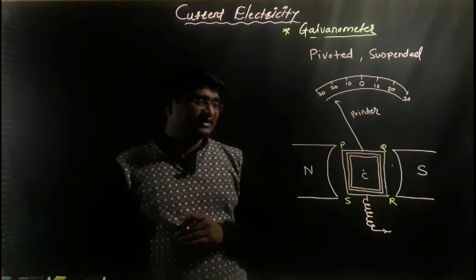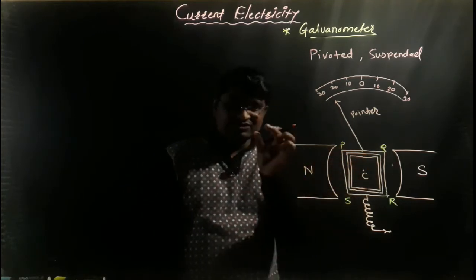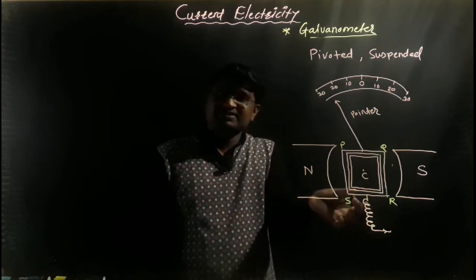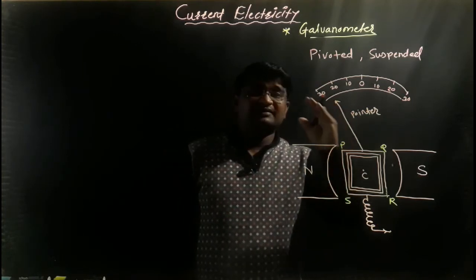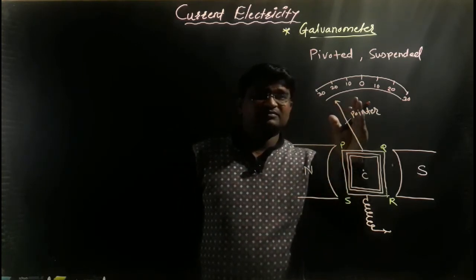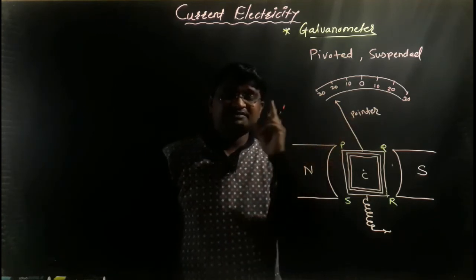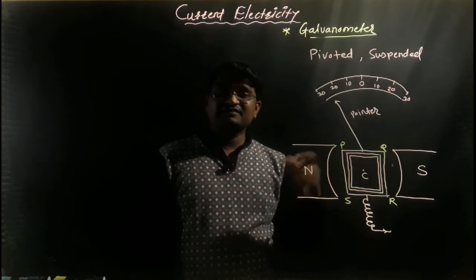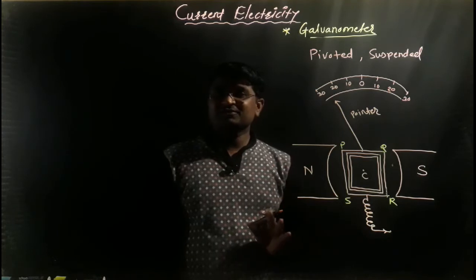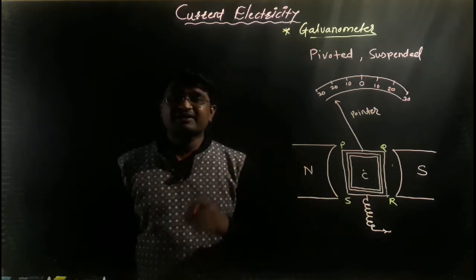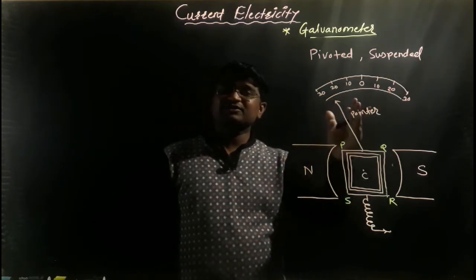Let's see one another way. If electric current passes through the rectangular coil, the spring will be twisted, and at exactly the same time the pointer of the galvanometer will be deflected. So the deflection is directly proportional to the electric current. Imagine the electric current is cut off: the spring will loosen, and the pointer will regain its original position.